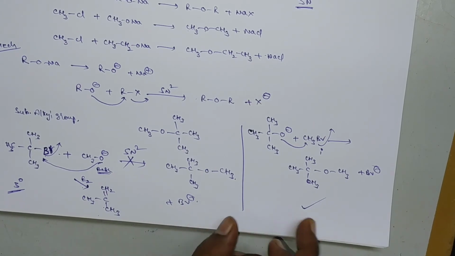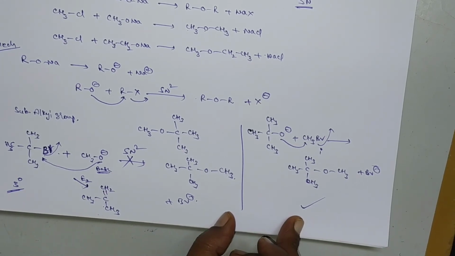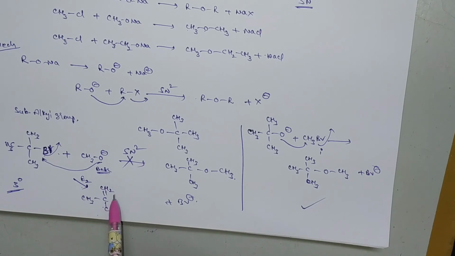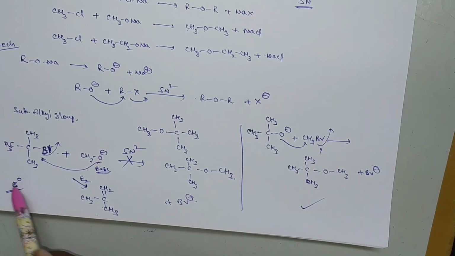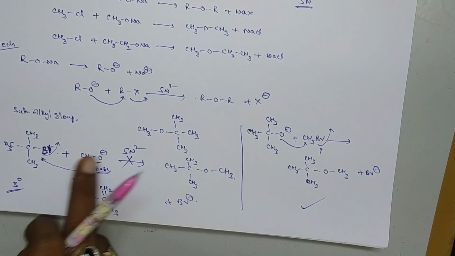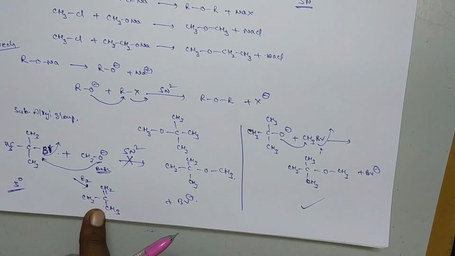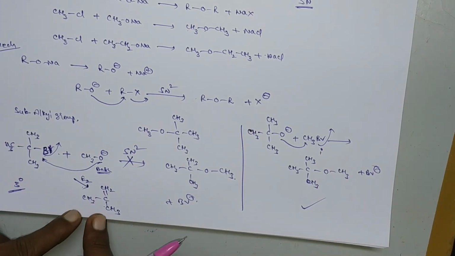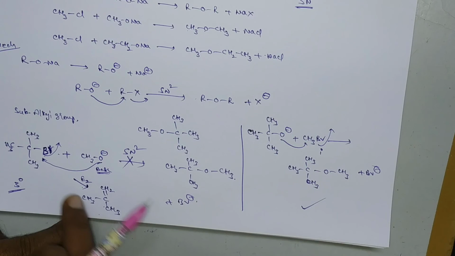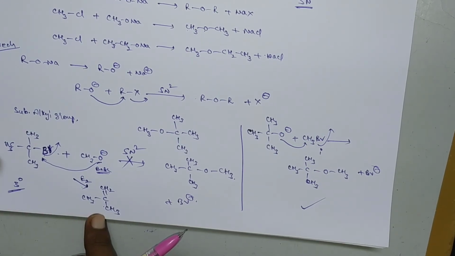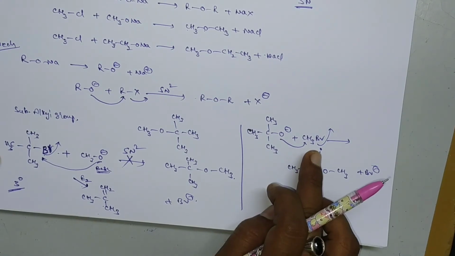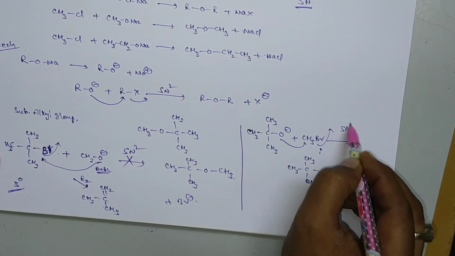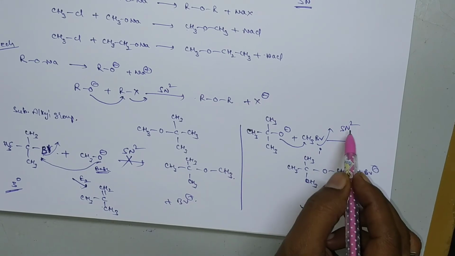From these two reactions we can observe that the SN2 reaction takes place in the case of primary alkyl halides. In the case of tertiary alkyl halides it does not involve SN2 reaction, but it involves E2 reaction. Okay, so the product will be the eliminated product. So elimination reaction takes place in the case of tertiary alkyl halides, but primary alkyl halides undergo substitution reactions, that is nucleophilic substitution reaction, and here it is an SN2 reaction.